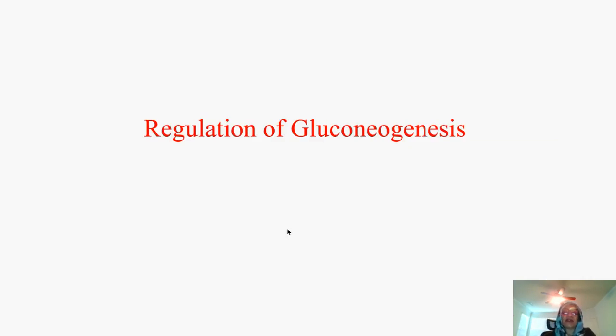Okay, so we talked about when we need to do it. So conditions like low carbohydrate intake, we have to have some energy in the liver, at least the minimum amount of energy in the liver to start the process. But we also have to have some tissues waiting for that glucose to produce energy. Okay, we need to make sure that all the enzymes are active and available. We know that we have those enzymes in the liver, but we don't have them in some other organs like muscles. Besides that, of course, we need to think about the hormonal regulation.